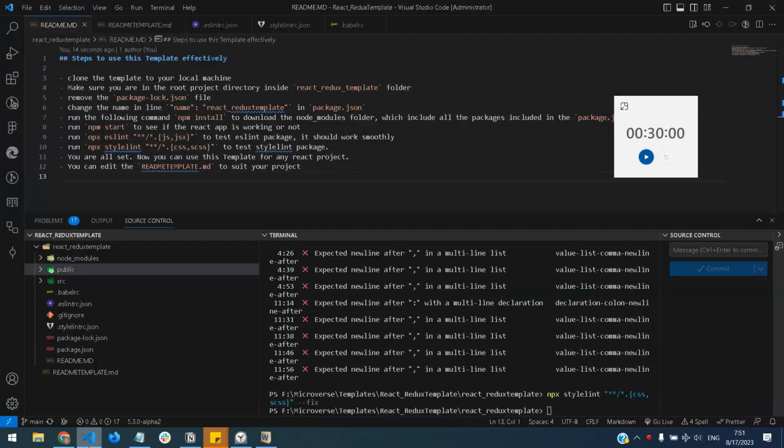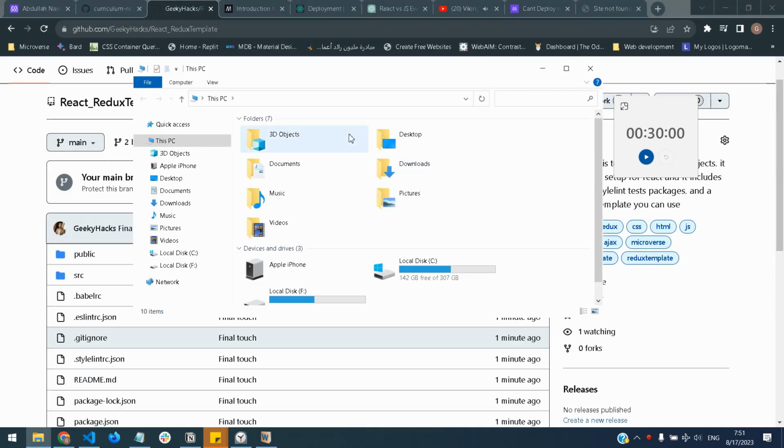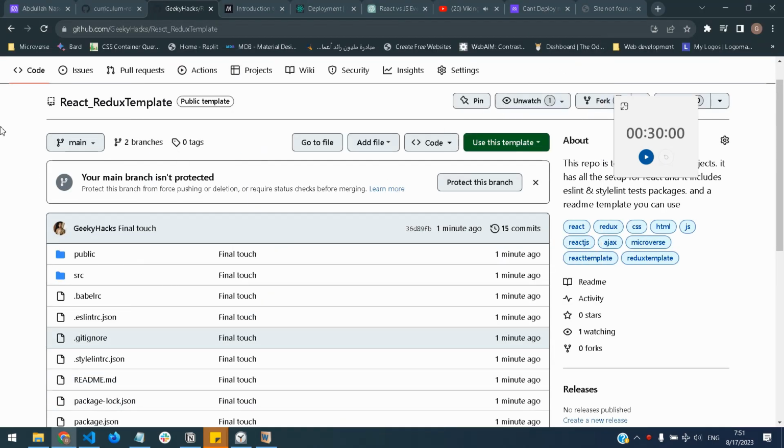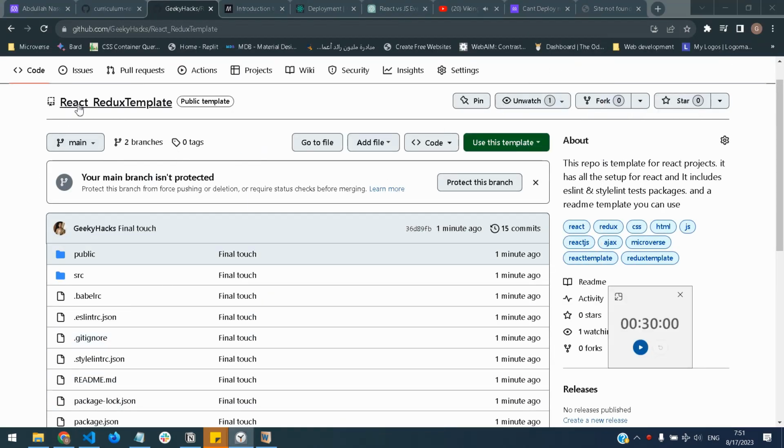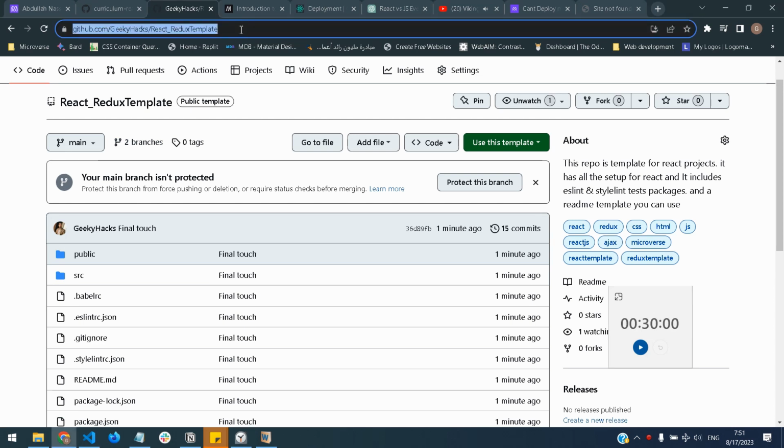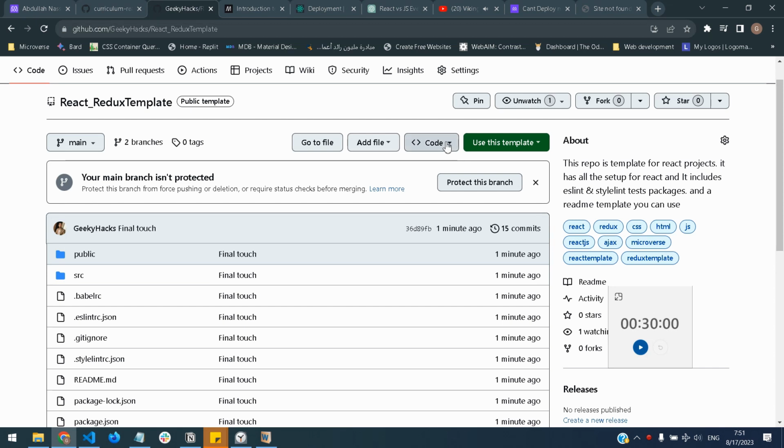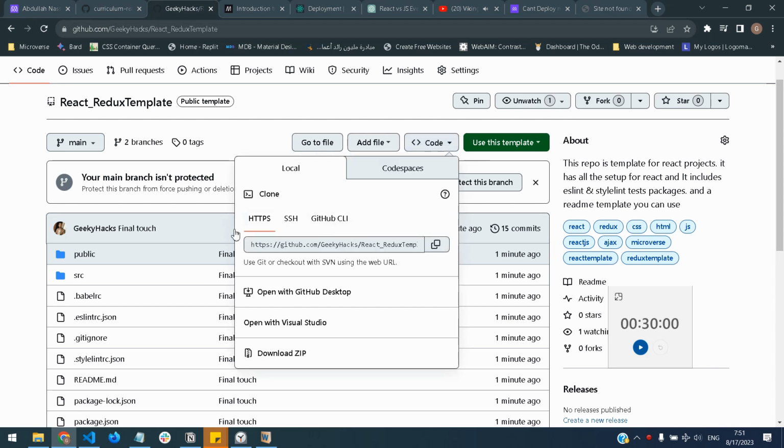Hello guys, today I will show you how to use this React and Redux template in my GitHub for any React and Redux project in the future. Okay, so you just go to the link provided, and then you can do either clone